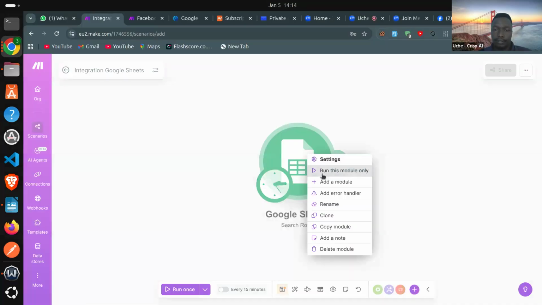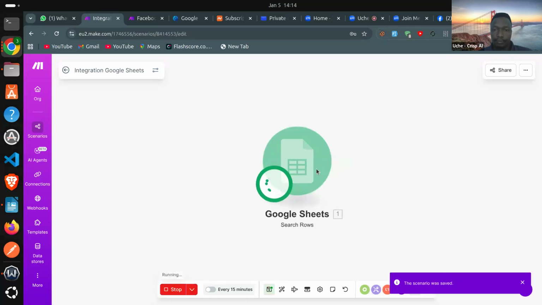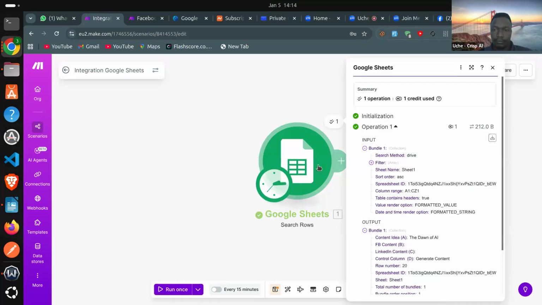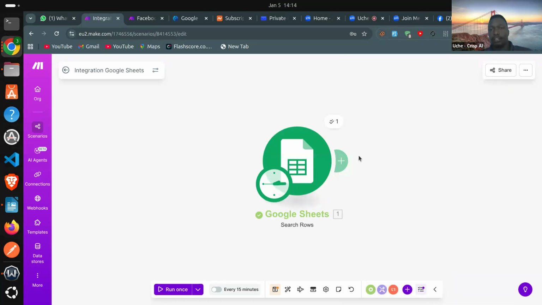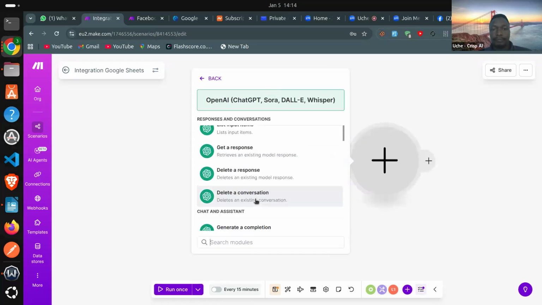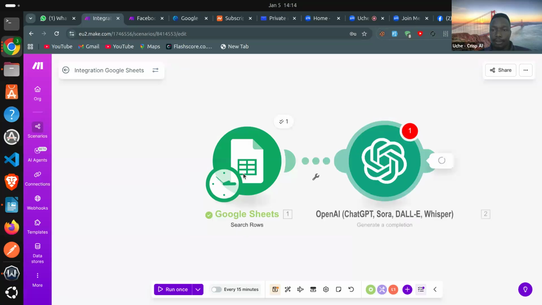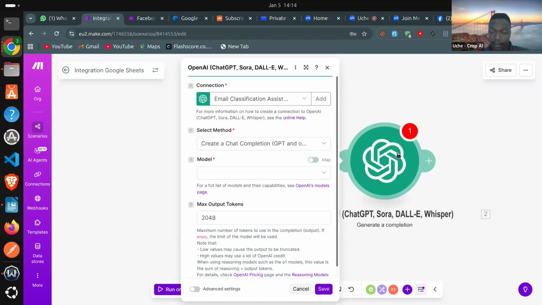Now let's just check if we're able to fetch what is in the spreadsheet. You can right click on this, then click on run this module only. As you can see, it has picked a content idea, and control column D is specifying to the workflow that it has to generate content. Now let's proceed to generation of the content itself. We're going to be using OpenAI, and we are going to be using create a chat completion